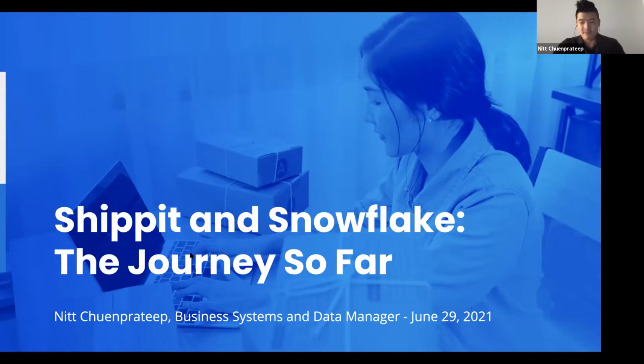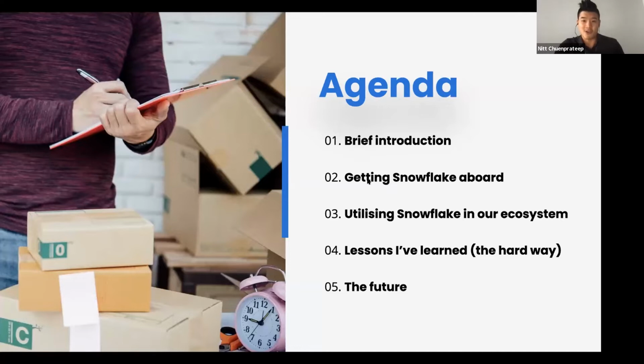Cool? So a little bit about myself to begin. And then we're going to talk about how we got Snowflake aboard and the things that we actually did, and how we had to structure our arguments to make sure that we could get Snowflake aboard and ensure the proper investments behind it, because there are lots of investments that go into the so-called modern data stack. It's not just the initial hit that you have to do, but you also have to keep proving the value of it as time goes on, which should be obvious, but there are a few little things that we learned how to put together to really drive that home for people, right?